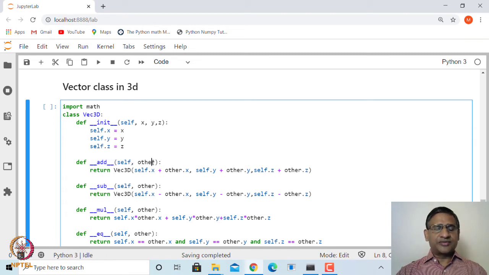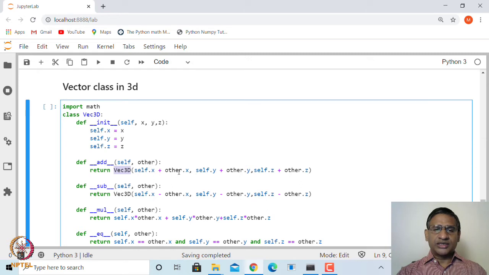Once you have created a vector, let us say v, and you want to add w, then we say v plus w, and other will be replaced by w. Okay. So what should it return? It should return a Vec3D, that is the class, the type, with self.x plus other.x, self.y plus other.y, self.z plus other.z, right.